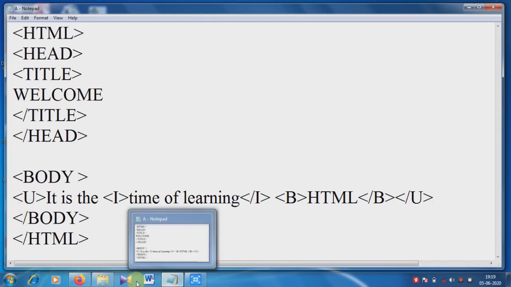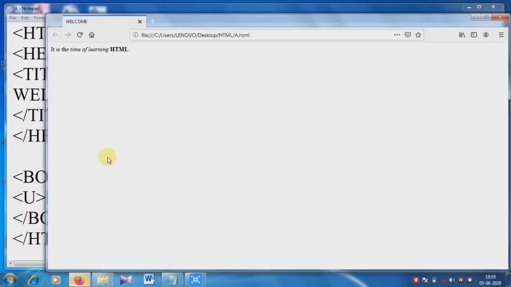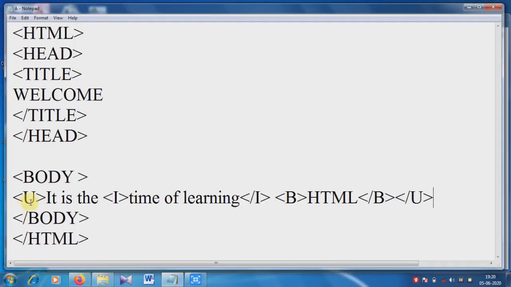Now check the output. See, the whole sentence is underlined. So in this way we can give bold, italic and underline style to any sentence.